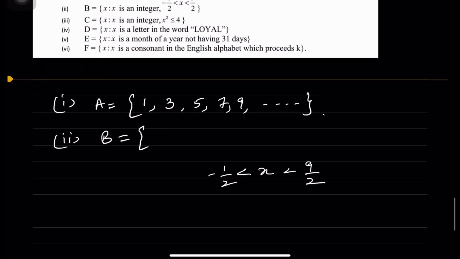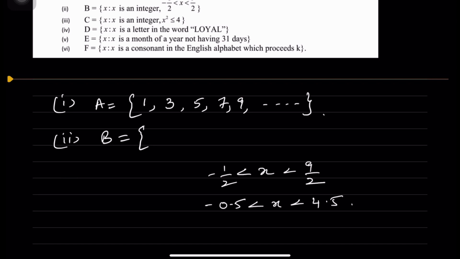So here you can tell that it lies between minus 0.5 less than x less than 4.5. So here you have to tell that x is an integer. So integer, you don't have decimal points, so you can tell that here after minus 0.5, here you can get it as,